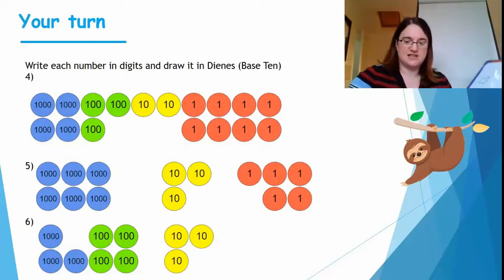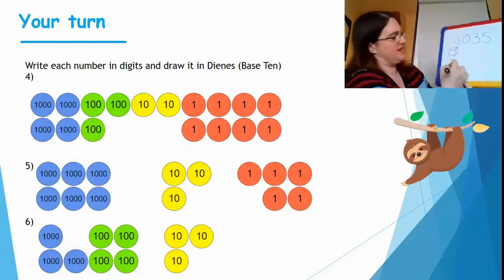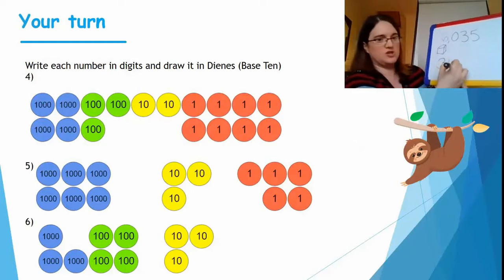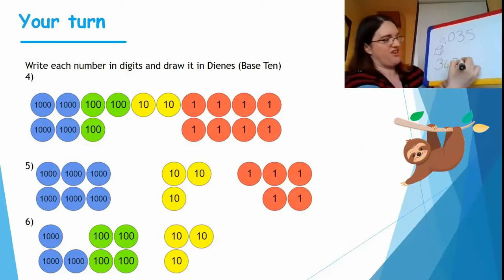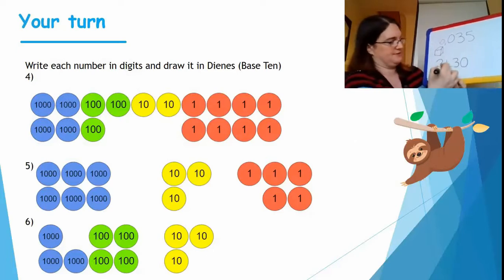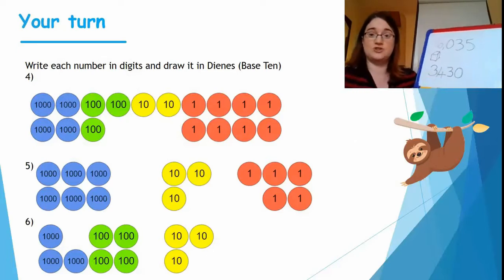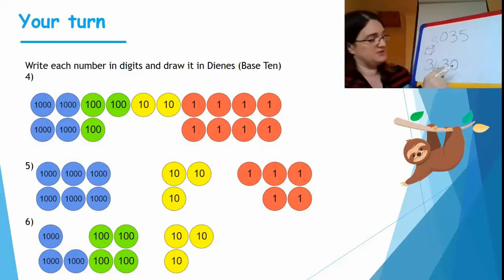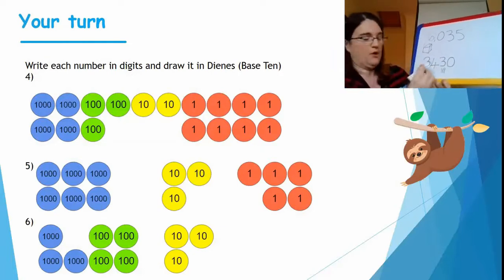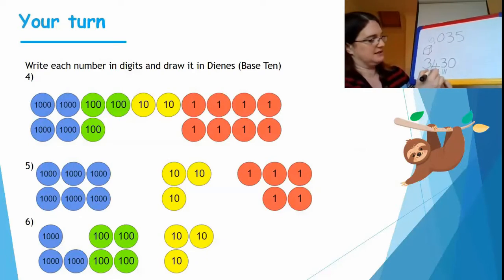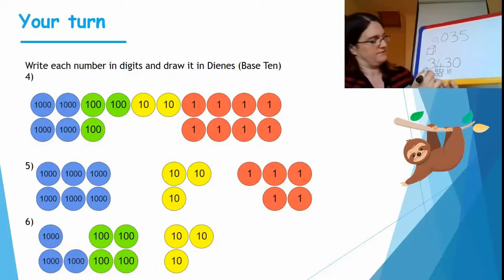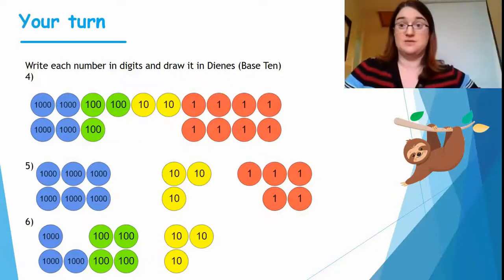Okay, then number 6, the final one is 3,430, and there's no ones. So we've got to make sure we've got our 0 in. 3,430. So we're going to have no little cubes, 3 sticks. We're going to have 4 squares of our hundreds, and we're going to have 3 cubes. 3 of those. So that was using base 10 and place value to show the value of numbers with 4